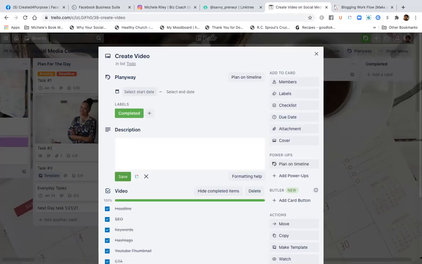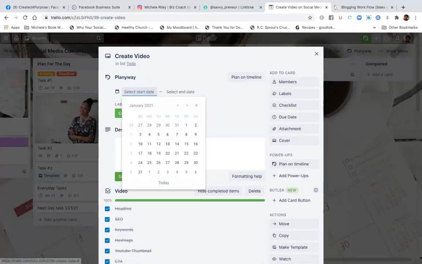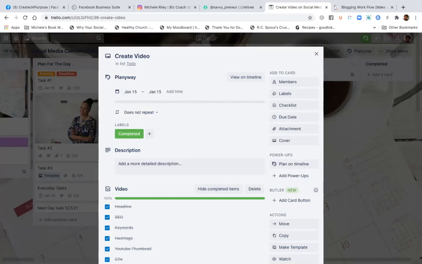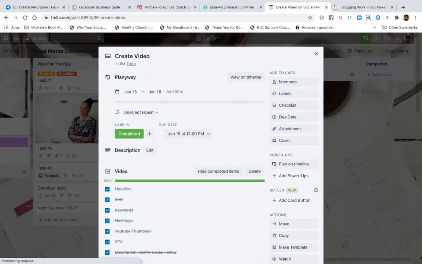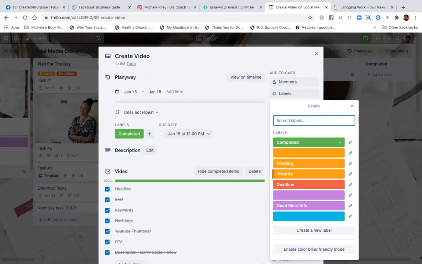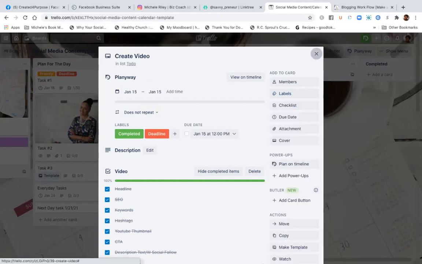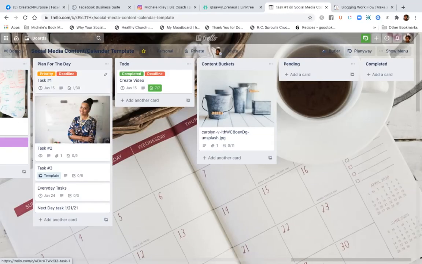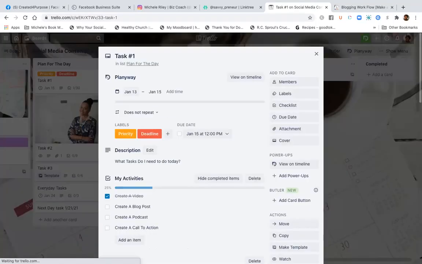Again, remember we set that date to the 15th. So then you can go on here and label that as a deadline. This way, your tasks are things that you're going to need to do on a regular basis.